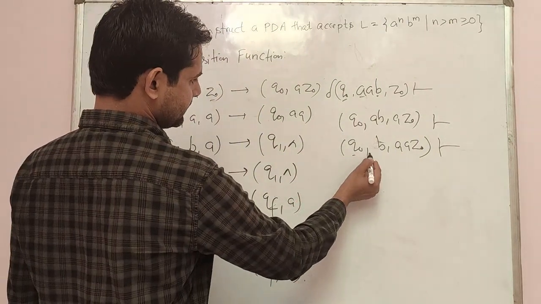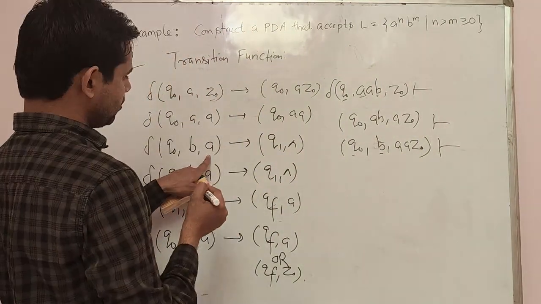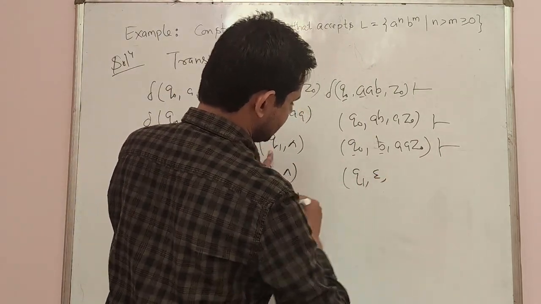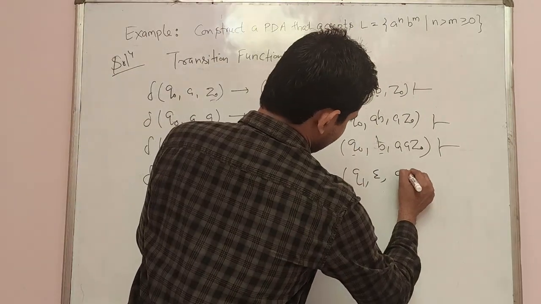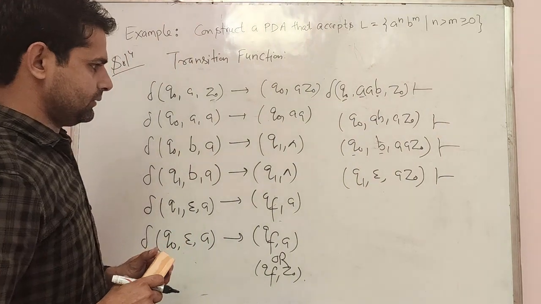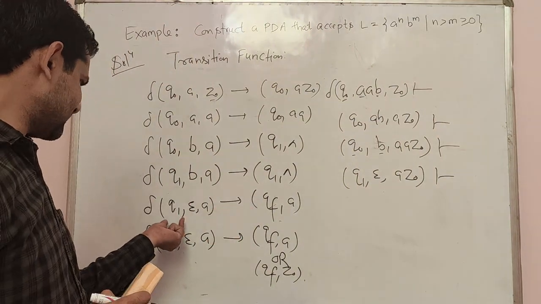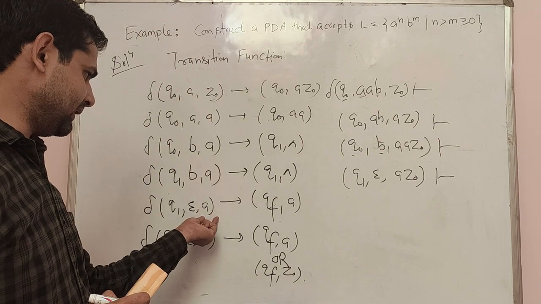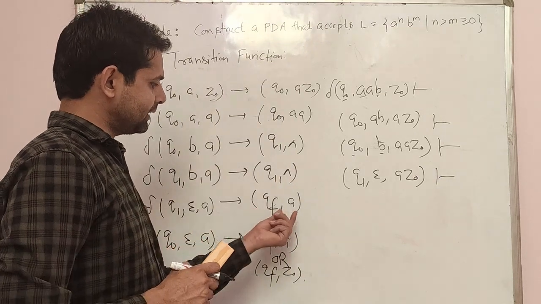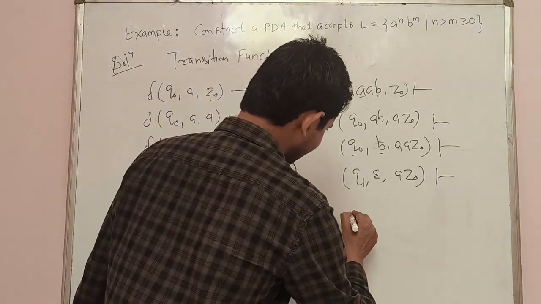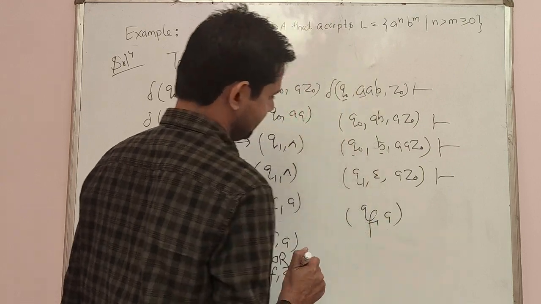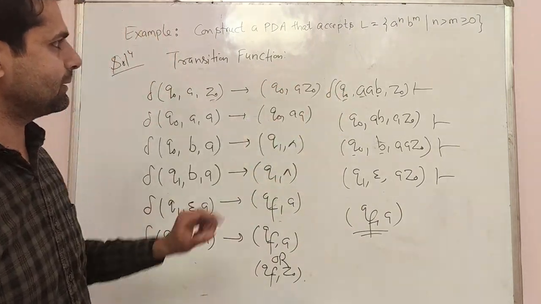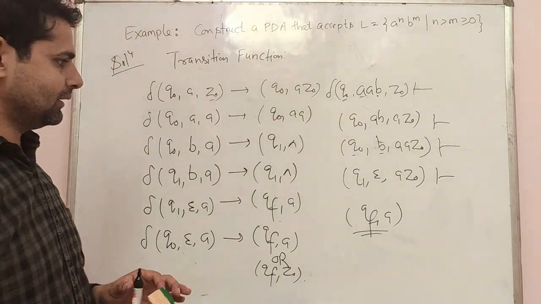Now we are on this state, input symbol is B and stack top is A. So in that case we are moving on to the Q1 state. And next input symbol is null and stack top is this one, then we can write that form. Now we are on Q1, input string is null, stack top is A, then we are moving on to the final state QF. So in that case we can move on to QF with A. So this one is the final state, meaning that the considered string is acceptable by this pushdown automata.